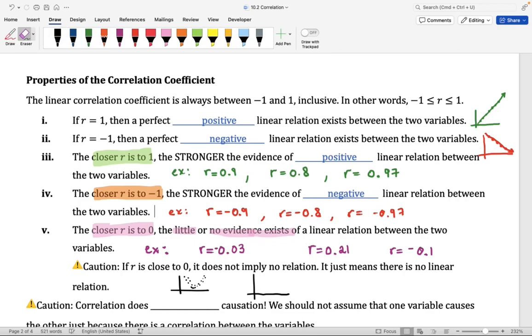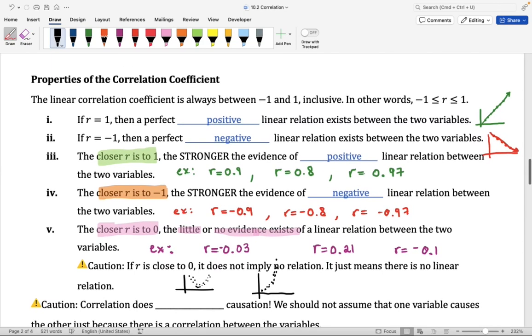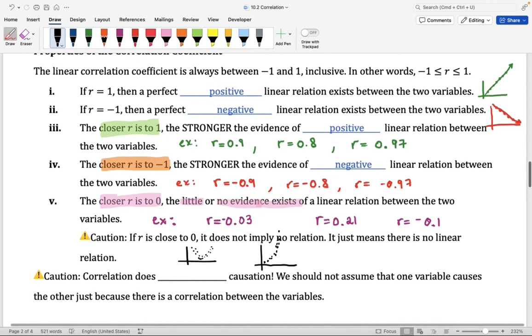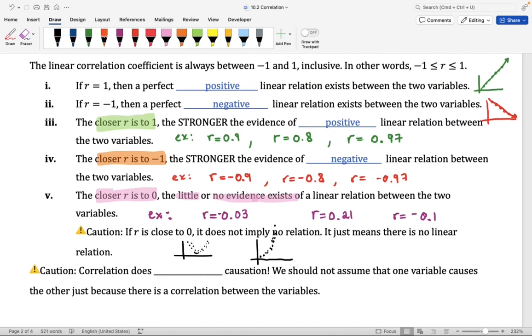I can give you other examples. It might be the case that you see an exponential relationship. If we try to model this scatter plot with a linear relationship, we're going to notice that R is really close to 0, which means that there's no linear relationship, but it doesn't mean that there's no relationship at all. For this scatter plot, we would say that the variables have an exponential relationship. So we're going to be careful with the language we use. Now, another thing that I want to mention, and we have seen this before in an earlier chapter, really early during the quarter, recall and be cautious about this, that correlation does not imply causation.